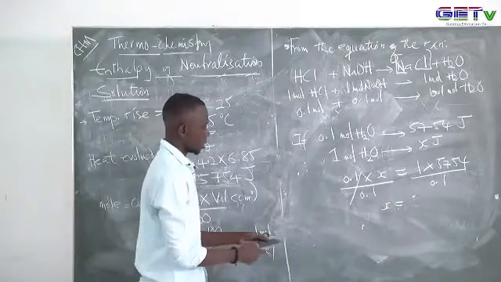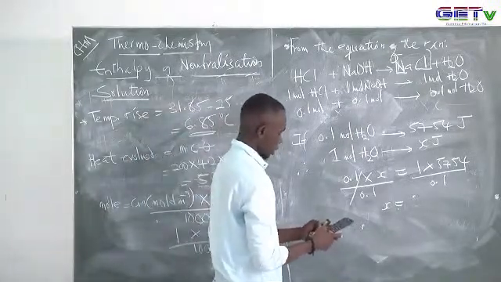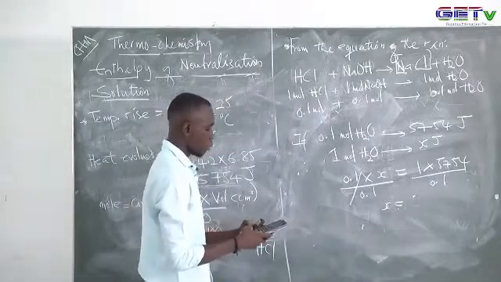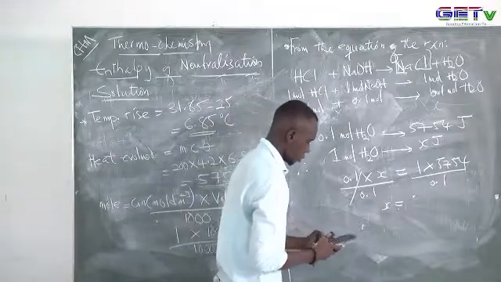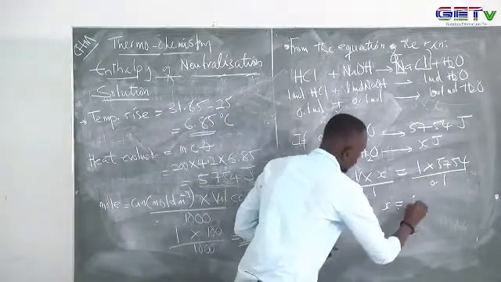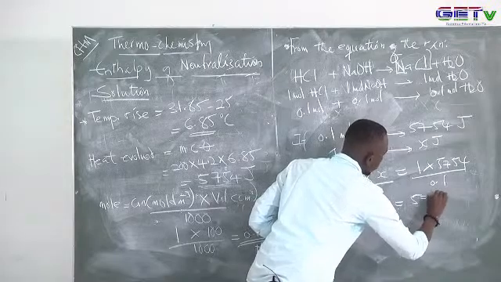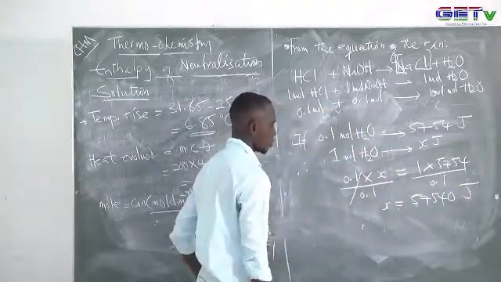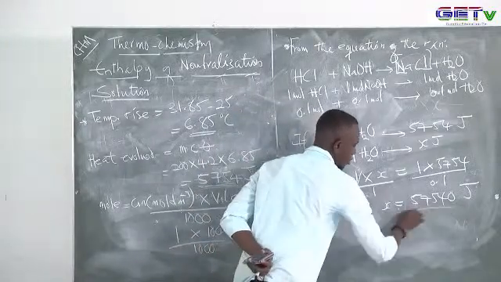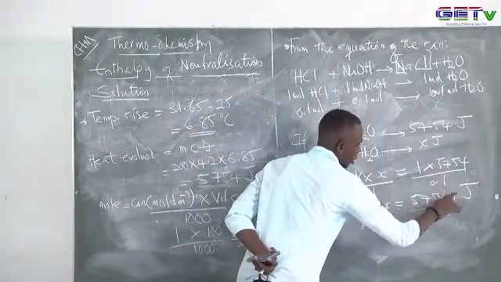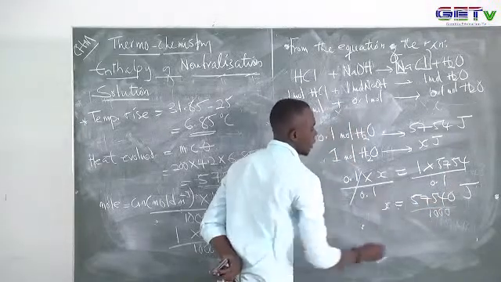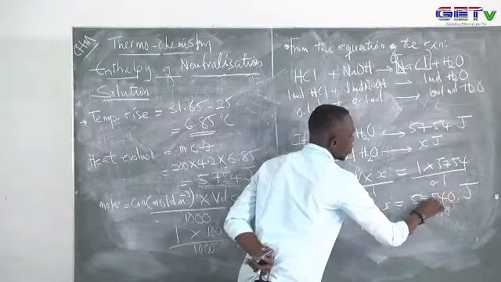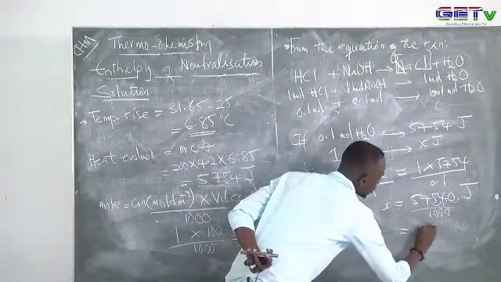That is 1 times 5754, but we need to divide it by 0.1, so that we will have 57540 joules. But then we can divide this again by 1000. We put a kilo in order to reduce the value. That is, we move the decimal point after the figure, then we will have 1, 2, 3. At the end, we will have